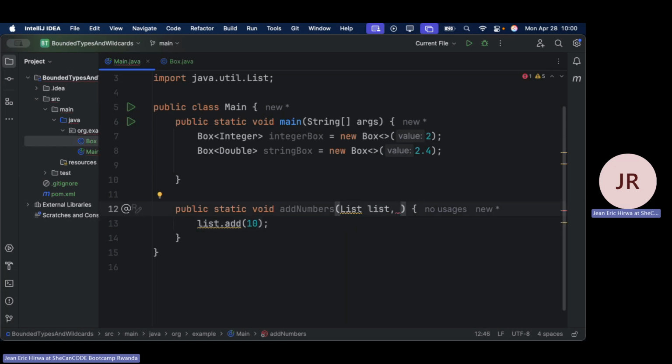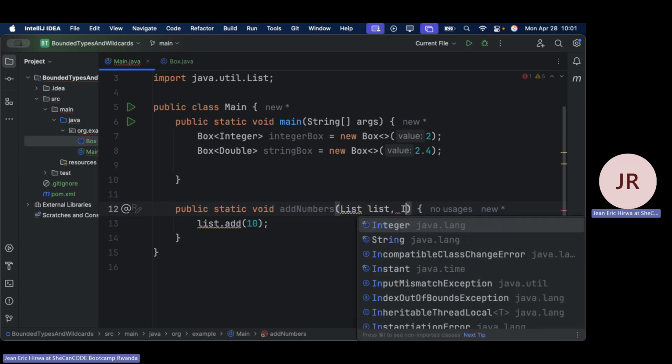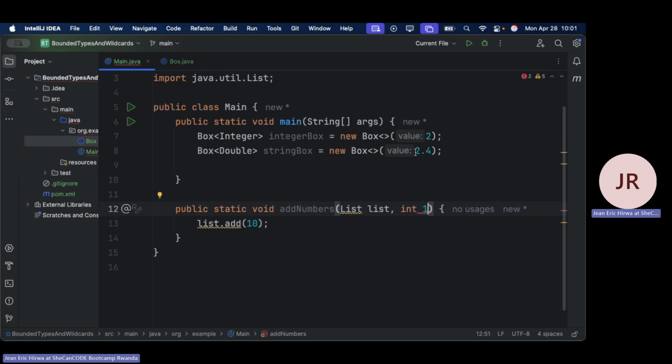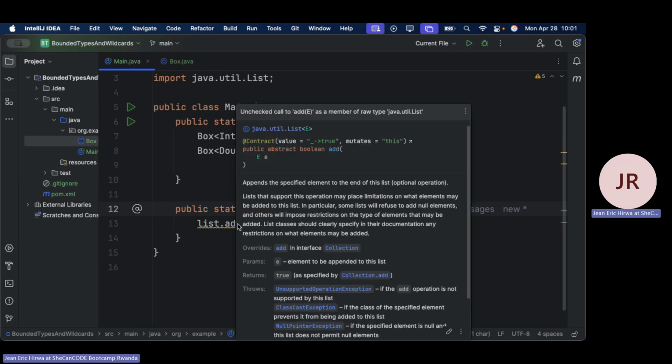Let me just provide the input for that number. So I'm going to provide, let me say, an integer. So here, if you wanted a function or a method where you're going to be providing a list and then a number to add to that list, then let's say this is the simplest way you could